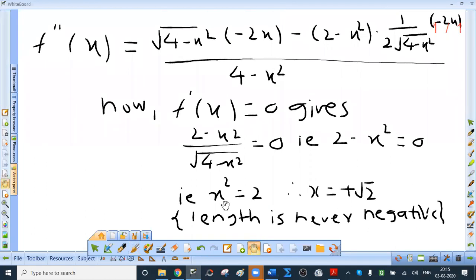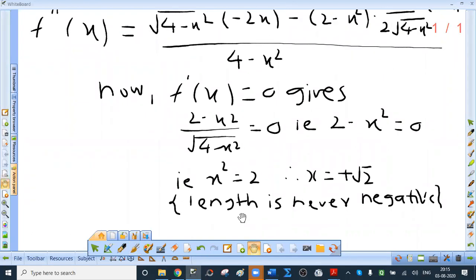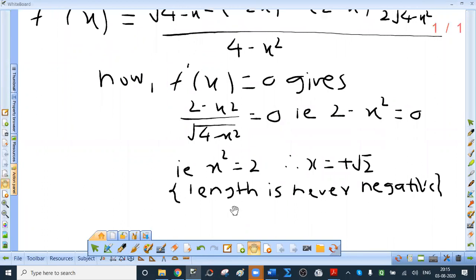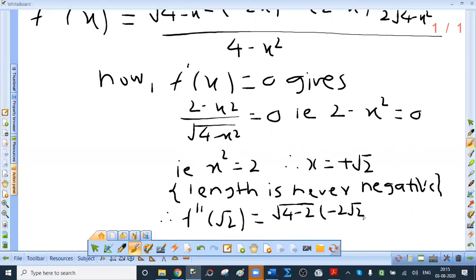Therefore, after this I will write, f double dash of root 2 will be what? Now I will directly write simply 4 minus 2, into minus 2 root 2